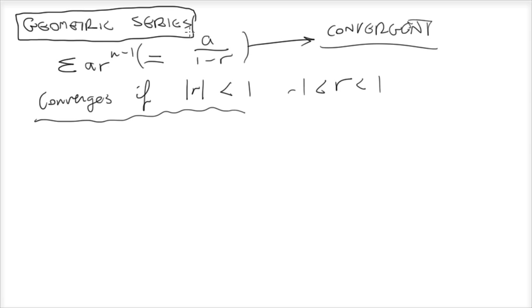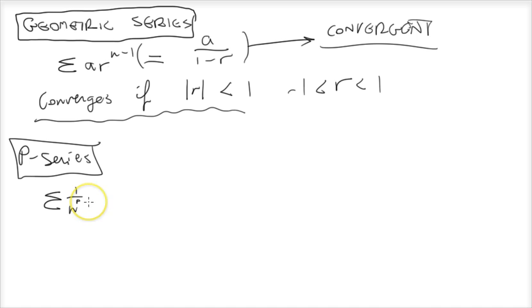That's it, but this is a very important kind of series for that. And then another important one is called a p-series. And a p-series comes in the form 1 over n to the p. And this is a special series because it always converges if